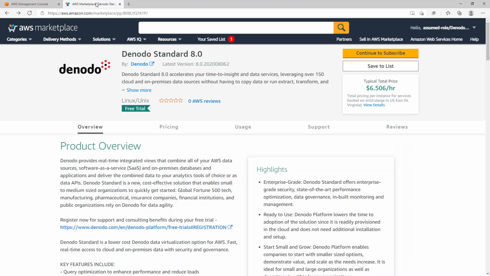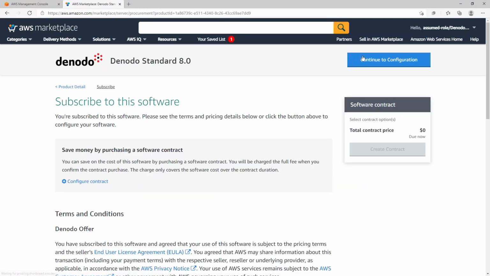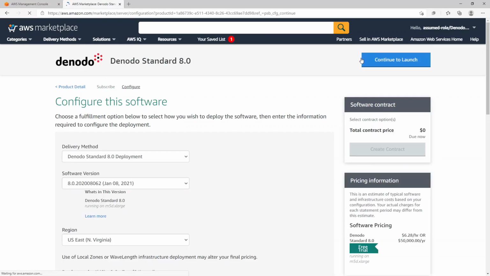Once the prerequisites are fulfilled, follow the AWS Marketplace subscription steps. That is, click on Continue to Subscribe. On the next screen, after reviewing the terms and conditions, click on Continue to Configuration. On the next screen, select the desired AWS region.